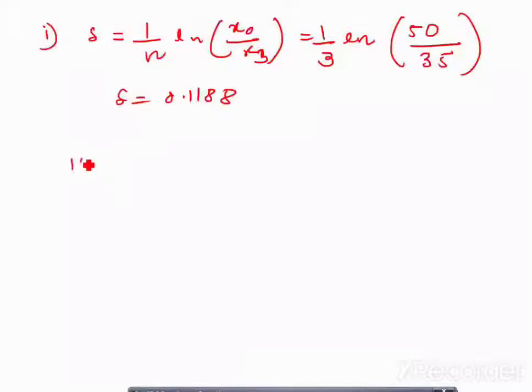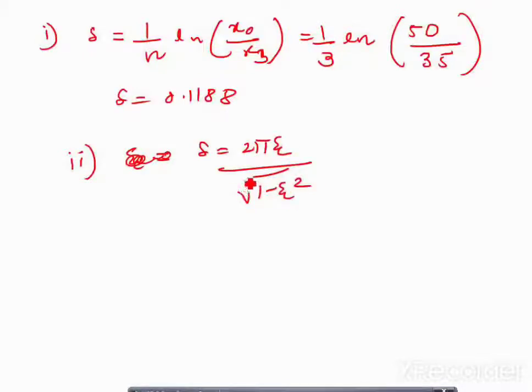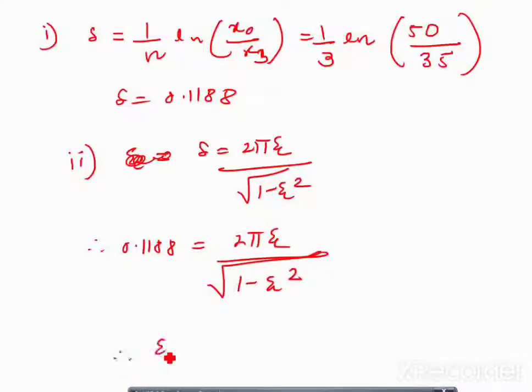That is the first step. Now what have they asked? They have asked to determine the nature and magnitude of the damping force. So basically they have asked you to find first of all zeta, that is the damping factor. You know the basic formula: delta is equal to 2 pi zeta upon square root of 1 minus zeta square. Therefore 0.118 is equal to 2 pi zeta upon square root of 1 minus zeta square. Solving this on the calculator, we will get zeta is equal to 0.0189.